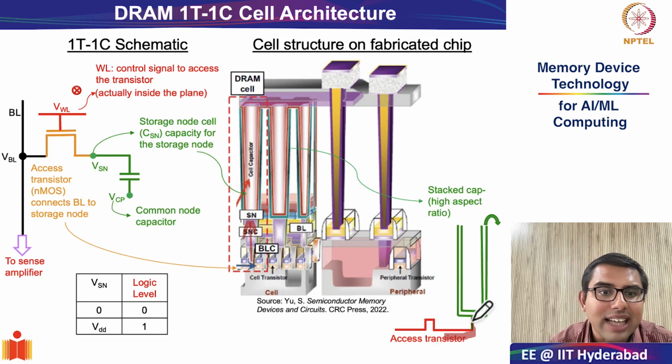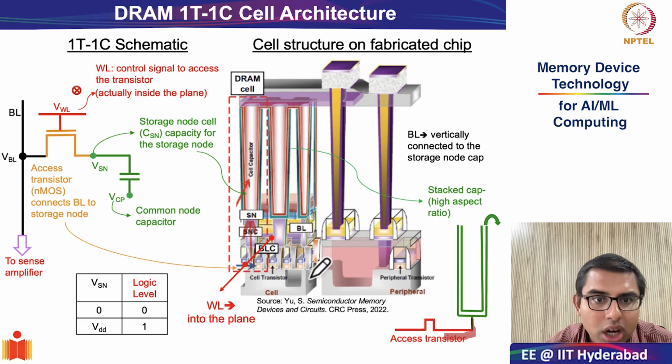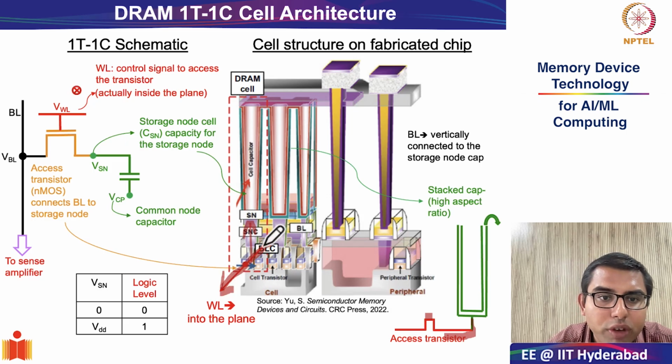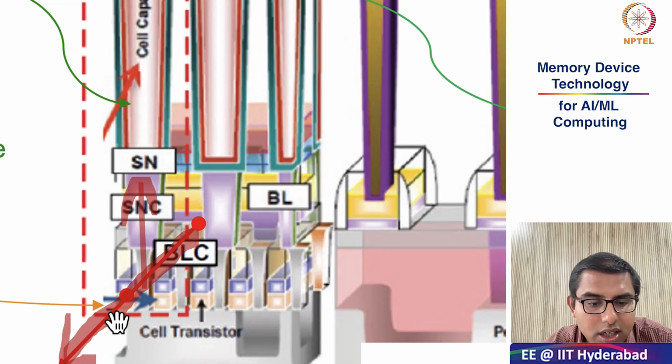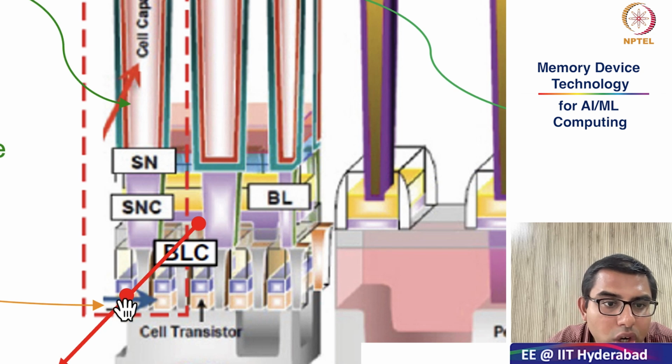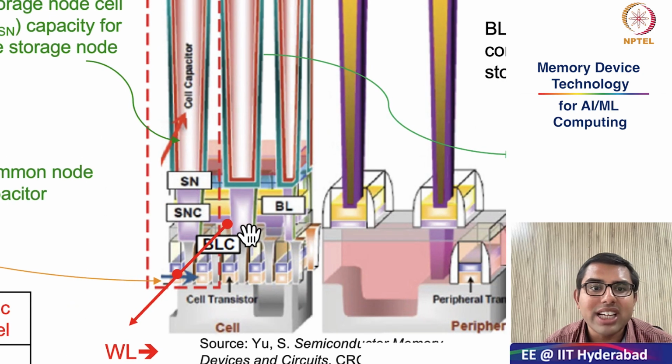And as a result, you have to understand the bit line is in the same plane as your capacitor and your transistor, but the word line is perpendicular. Why? The word line has to be connected to the gate of the cell. So if you zoom in, you will see that the word line over here is connected to the gate. So the gate of the access transistor is what the word line is connected to.